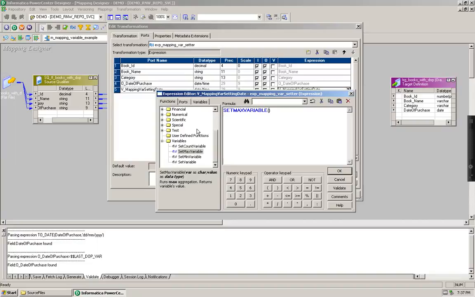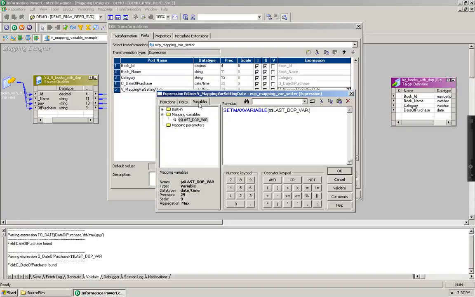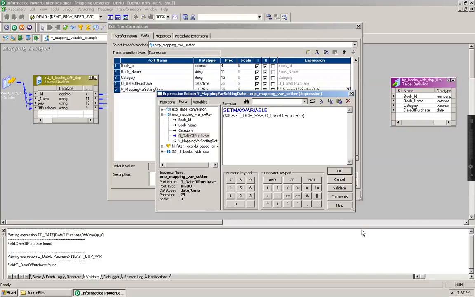So my variable name is this particular last DOP var, and the value I would like to set is O_date_of_purchase.